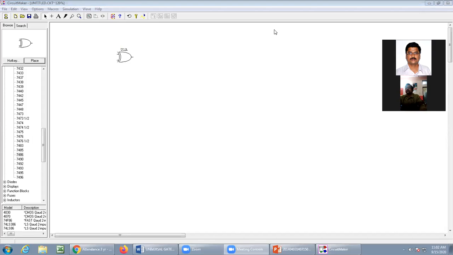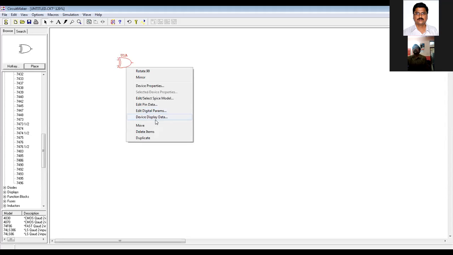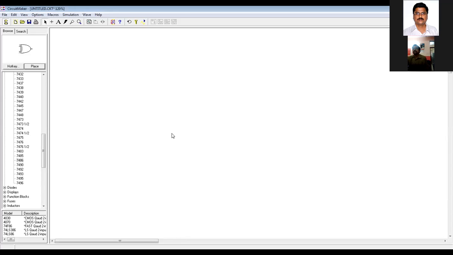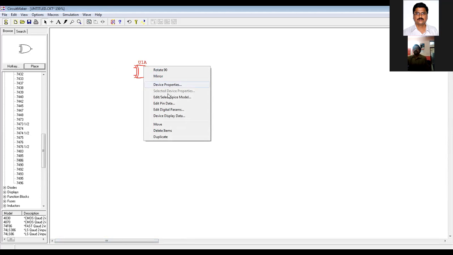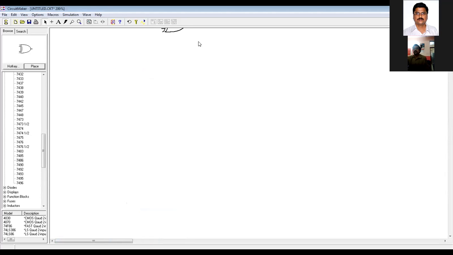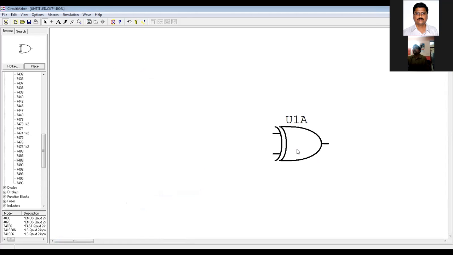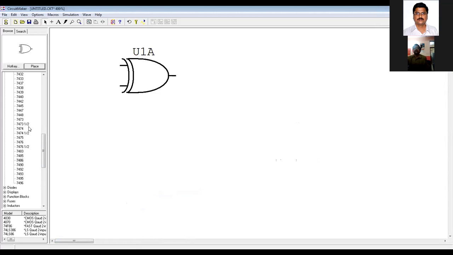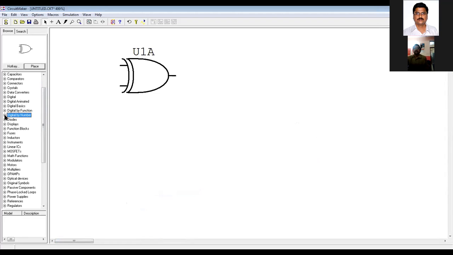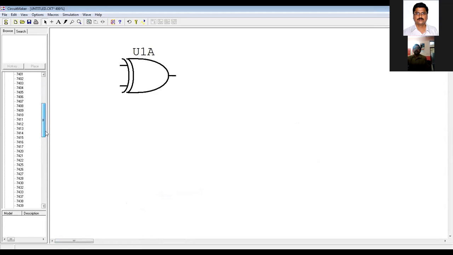So this is an XOR gate. Now let me take an AND gate. This is my AND gate.